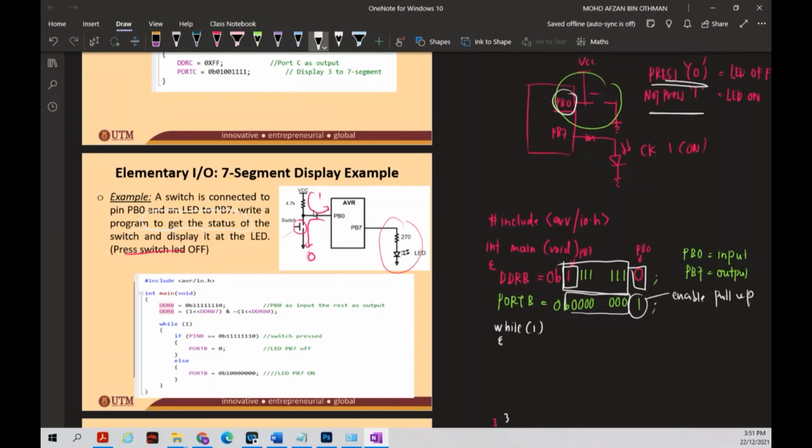So let's do an if else statement. If pin B sama dengan 0B 11111110, you're going to check whether it's equal to 0 or not. If yes, what happens if yes? LED off. So open curly bracket, close curly bracket, port B